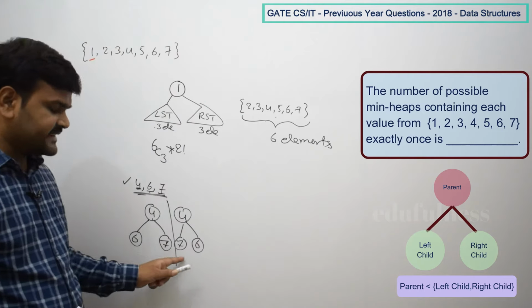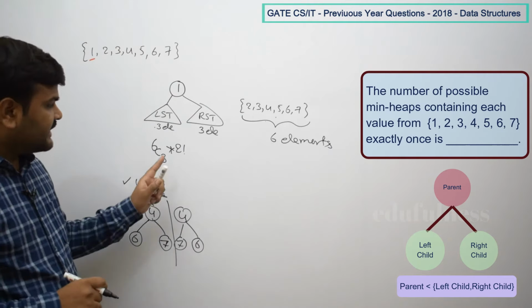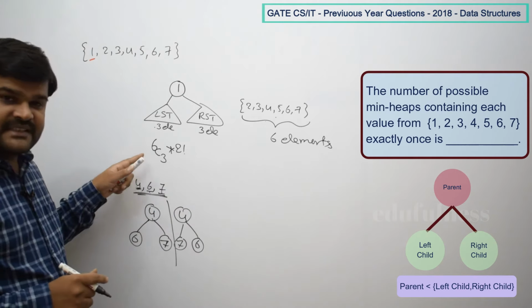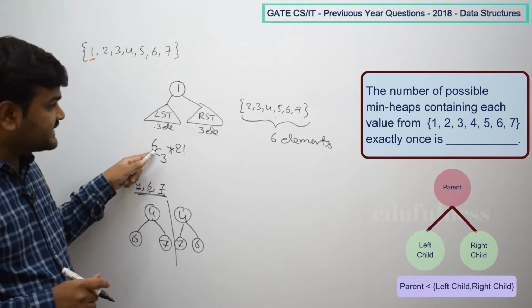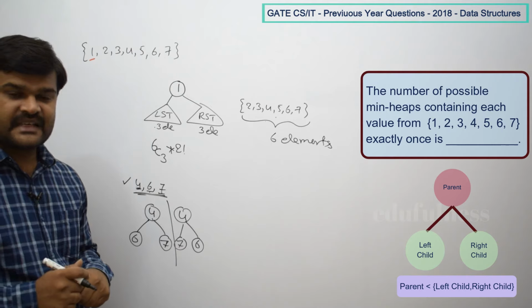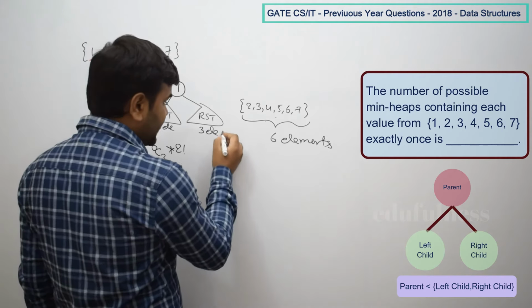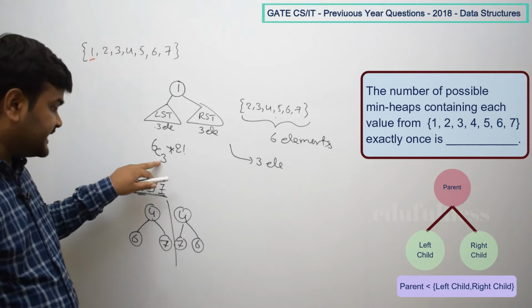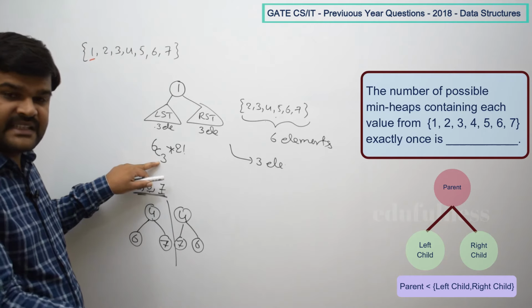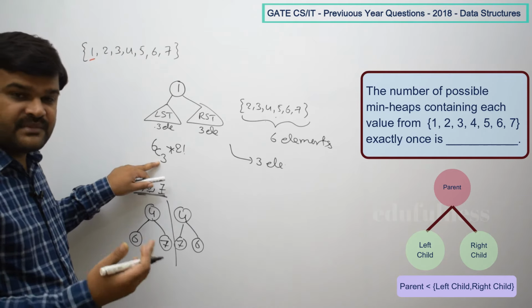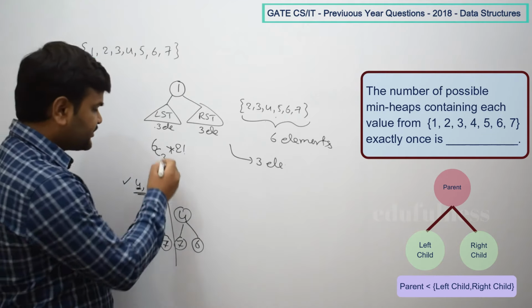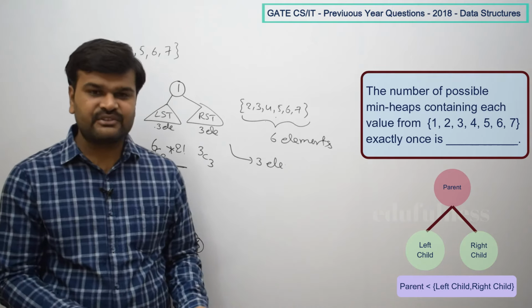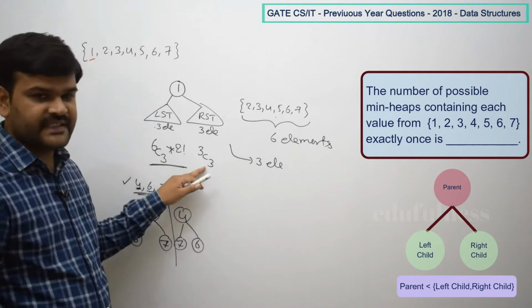Okay, so that is the next thing. Now if you come to the right subtree side, this is done already, which means 3 elements are already selected from these 6 elements. Now how many elements are there? When you come to the right subtree, only 3 elements remain from these 6 elements, because 3 elements are already selected, and the remaining 3 elements you have to select. So from these 3 elements we have to select. If you write in this form, 3C3 ways you have, that means only one way. Those 3 we are going to take.